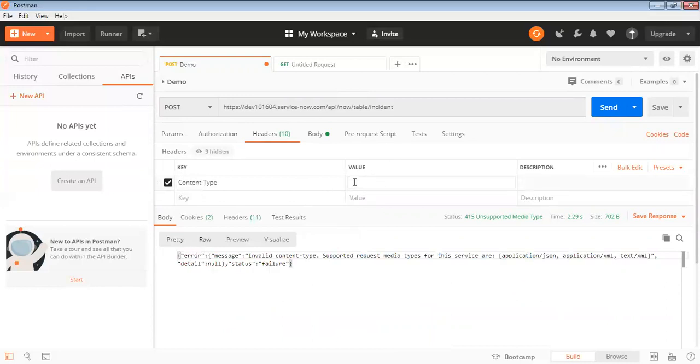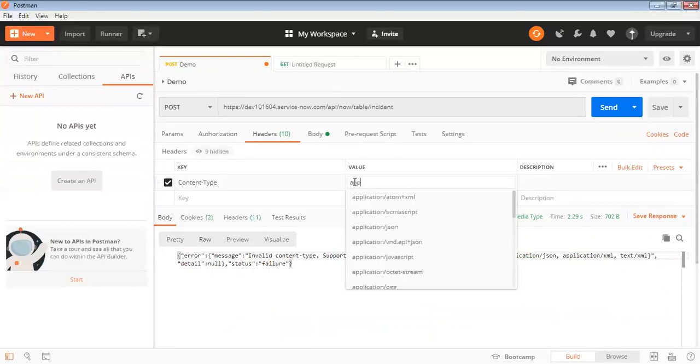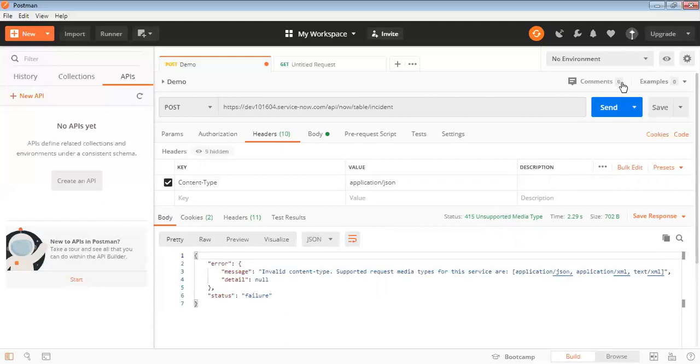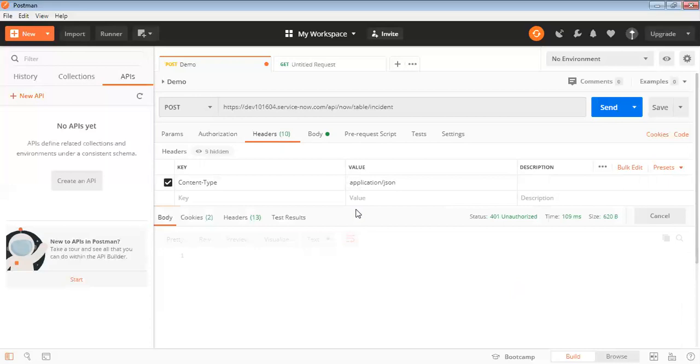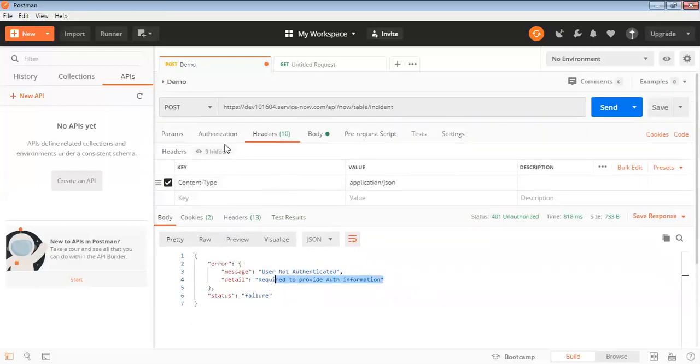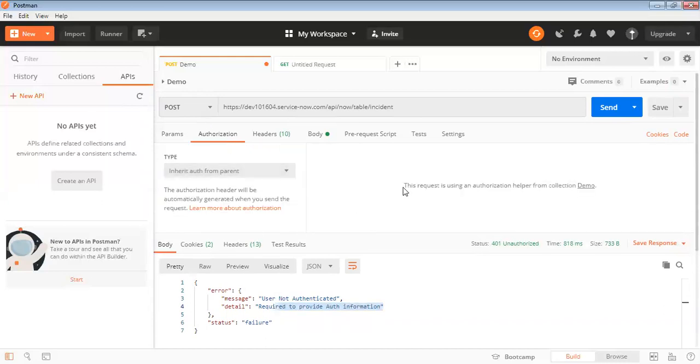And here I will say application/json. Now let's try again. Now it is giving me the error that the user is not authenticated, because I require authentication. So I will have to provide authentication details.